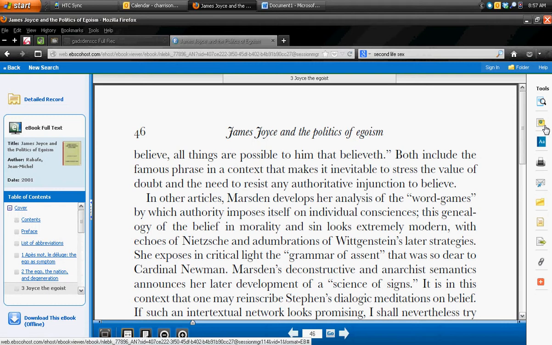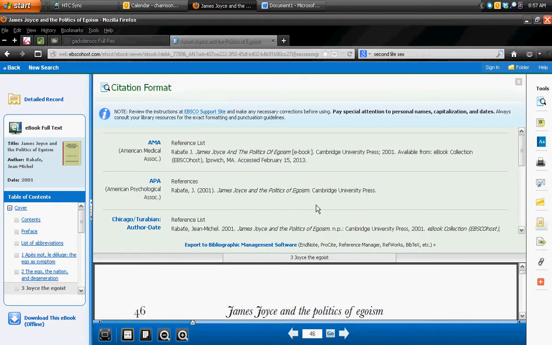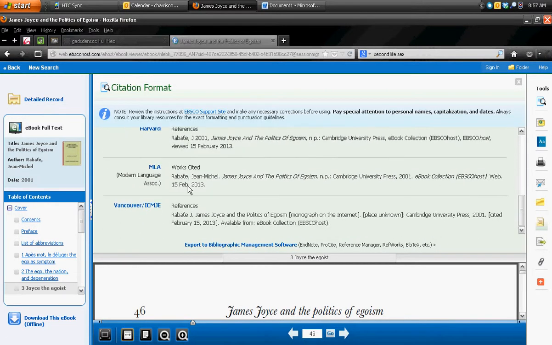Actually, I think this gives us a citation section. Where is it? Right here. You can click this cite button and it will give you the MLA citation. So you'll want to put that down somewhere. Make sure that you save it for posterity, and then when you print this, make sure that it stays connected to it so you know where this piece of information came from.